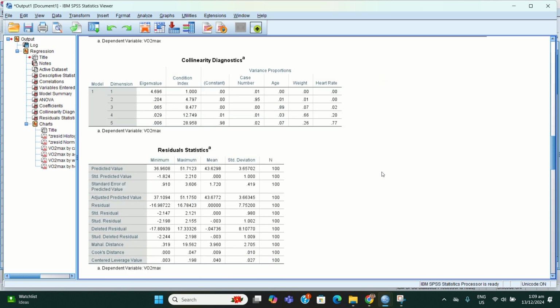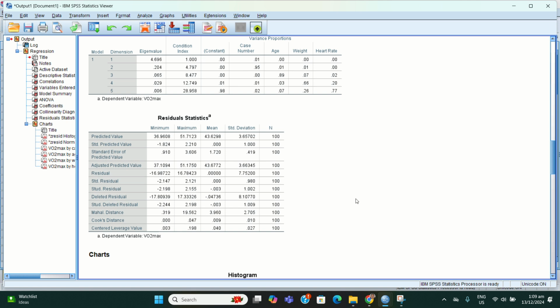So as you can see, this multiple regression was run to predict the maximal value of oxygen from gender, weight, and heart rate. These variables statistically significantly predicted the maximal value of oxygen.